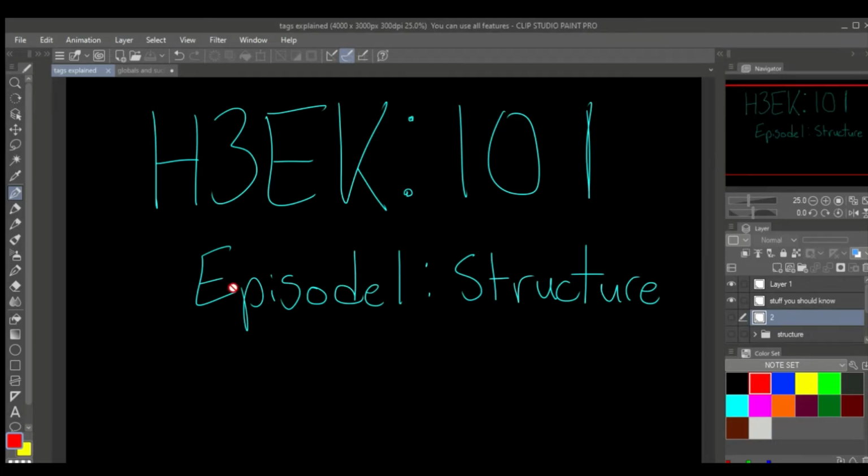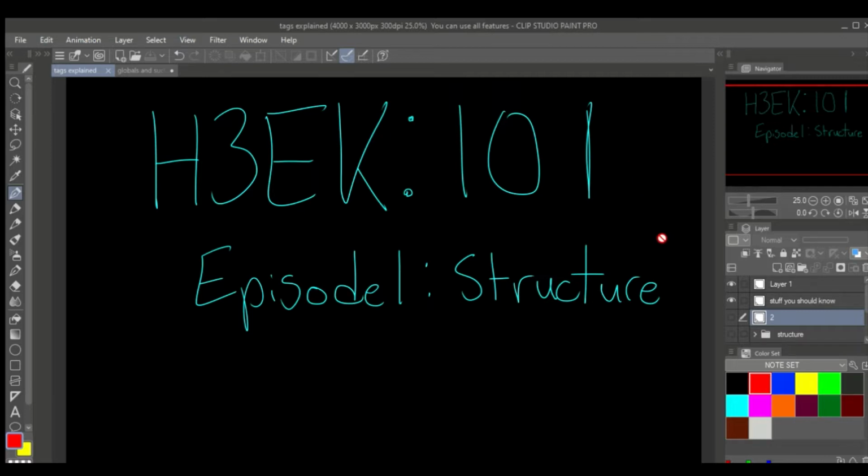Okay, so this is a Halo 3 modding 101 series. Episode 1, we're going to go over structure. I'm assuming you've managed to find and install everything. If not, well, you need to do more research. And if you have all these things ready to go and you want to get started and you don't know where to start,